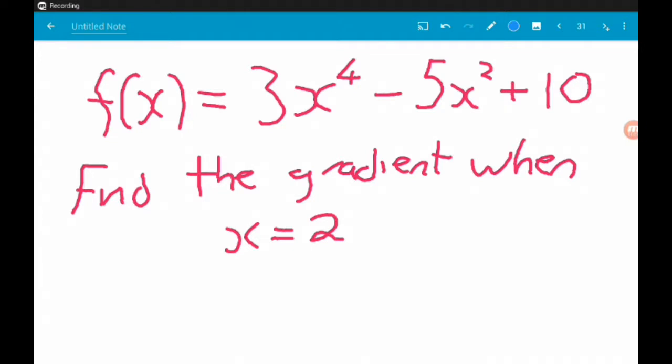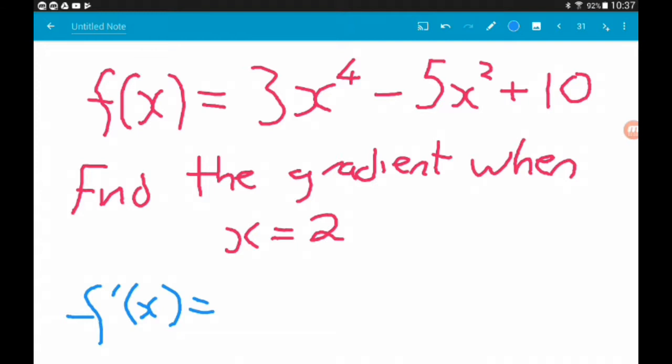Okay, example 2, so we've got f of x is 3x to the power 4 minus 5x squared plus 10. We want to find the gradient when x equals 2. So, to be able to find the gradient, we need the gradient function, so we need to differentiate. Now, given that our function here is called f of x, we should either use df by dx or f dash of x. So, f dash of x